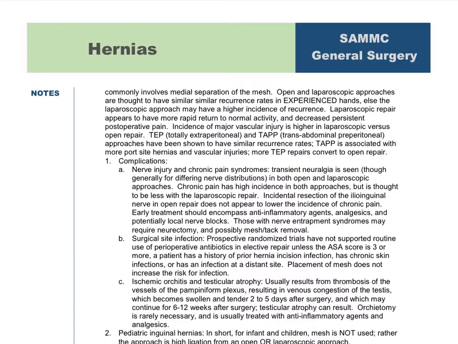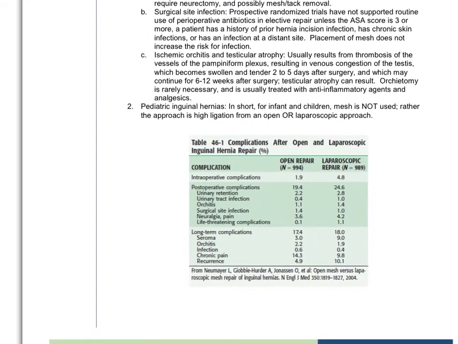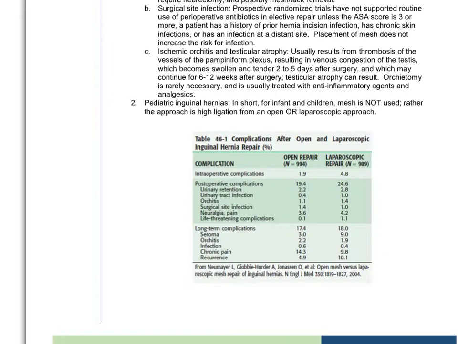And while on the topic of complications, here's a list of the different complications and their incidence in open versus laparoscopic repair. Just to note, this table does list recurrence as being about doubly high in the laparoscopic repair. This is the study from before that latest study I mentioned, comparing the two and showing that there's more equivalence when an experienced provider accomplishes the surgery. So as you can see, the most common